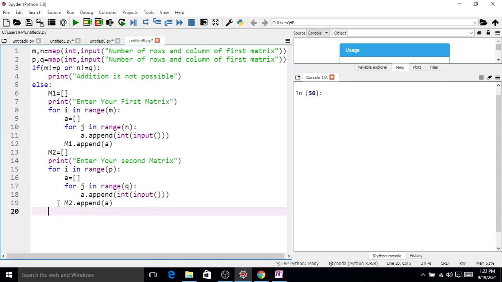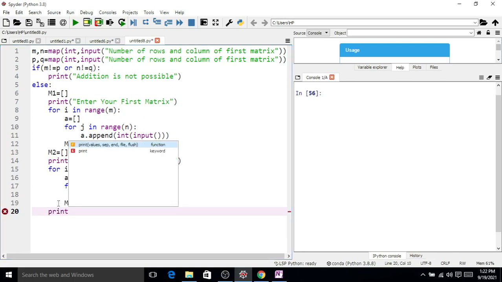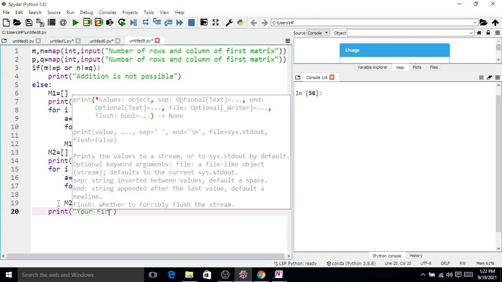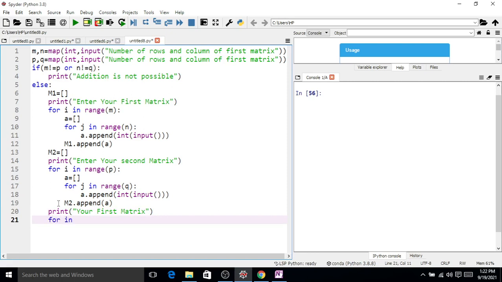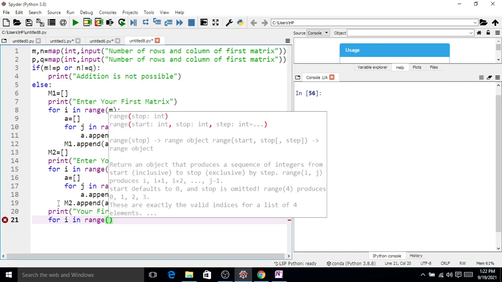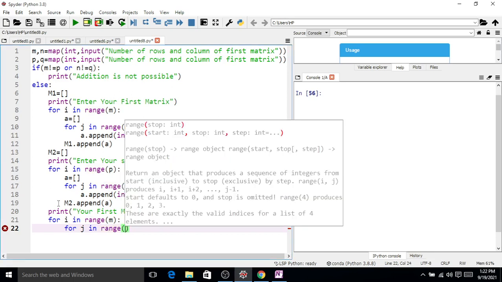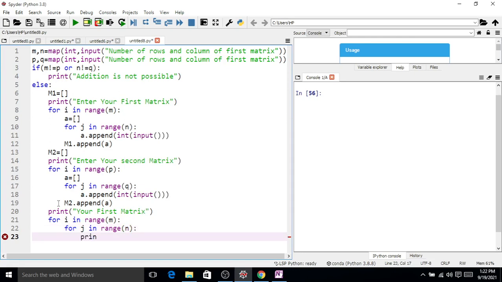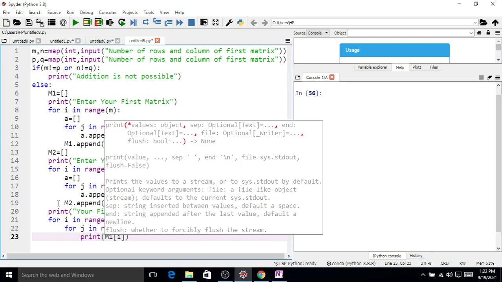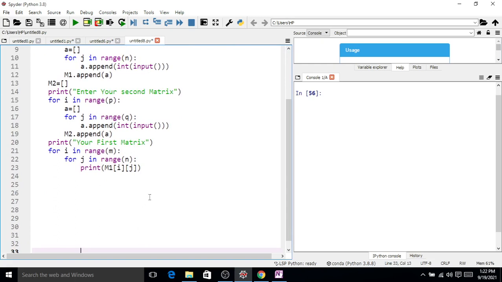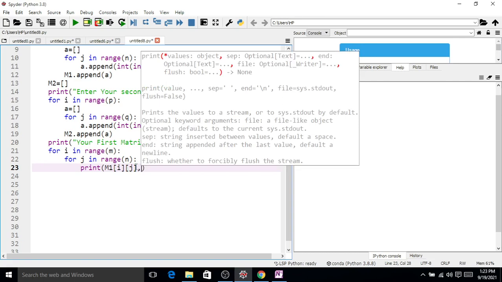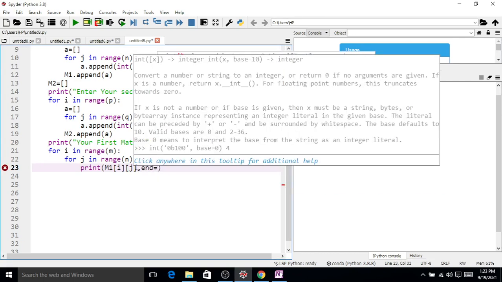So again, by using print your first matrix, then again for i in range m, and for j in range n, print M1 i j, and we want to display a space after each element, so end.